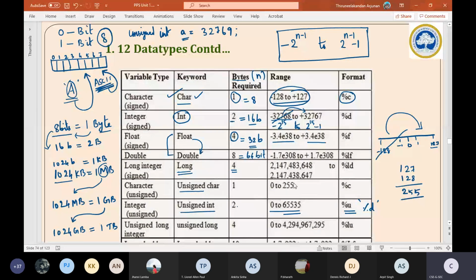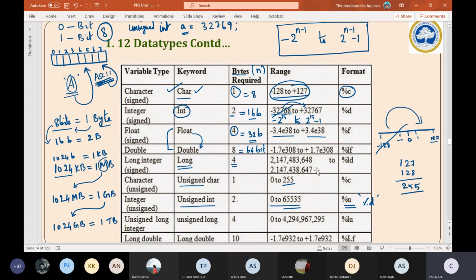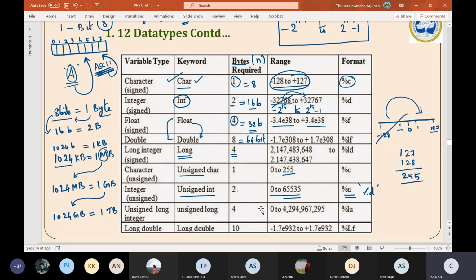Getting this? Number of characters means ASCII values, that many ASCII values can take a position in the unsigned char. Similarly, this entire slide talks about different types: signed double, unsigned double, unsigned long, signed long, like that. Here the minus sign has to come. It is mistakenly printed, nothing else. Go through this slide, students.